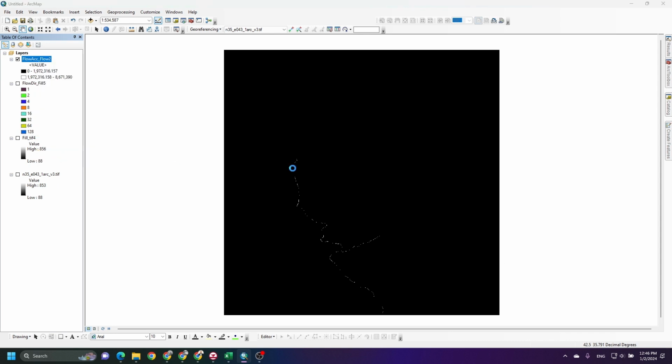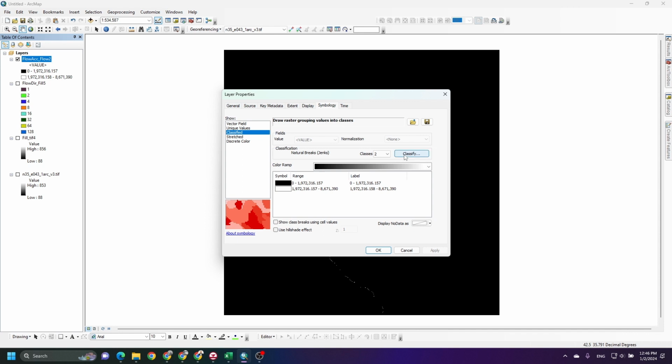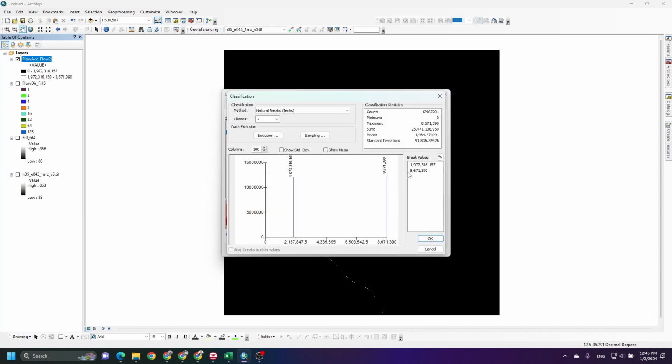And again, we can change the limit, the lower limit and the higher limit. For example, I would put 5,000.